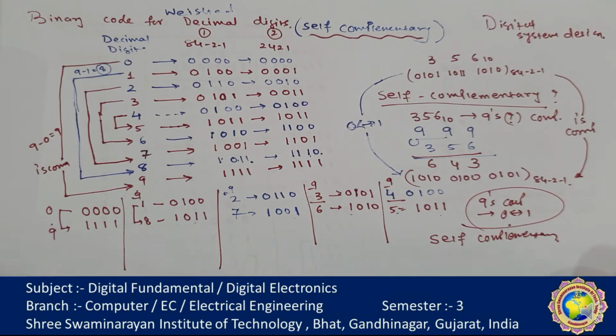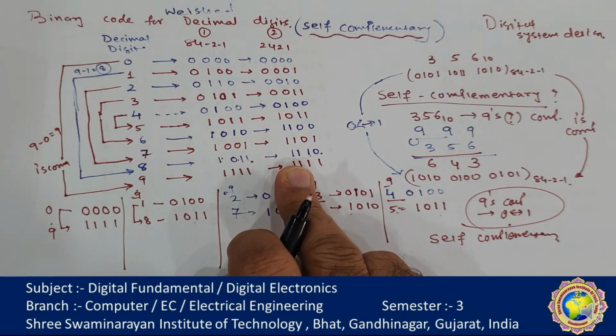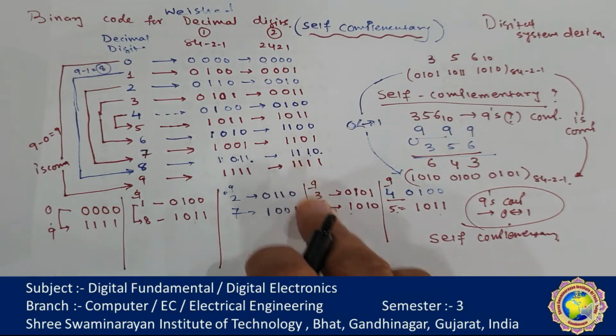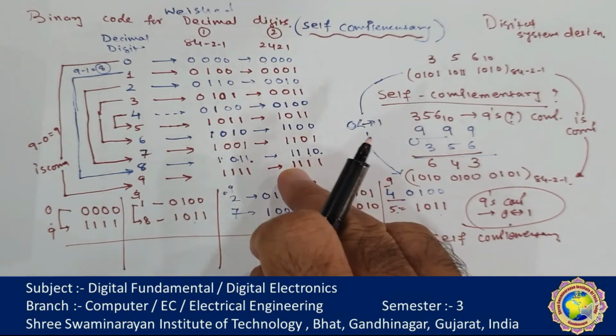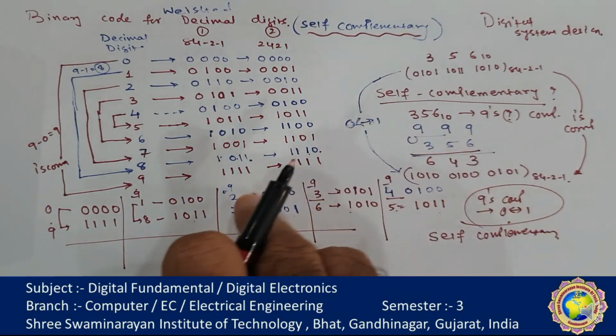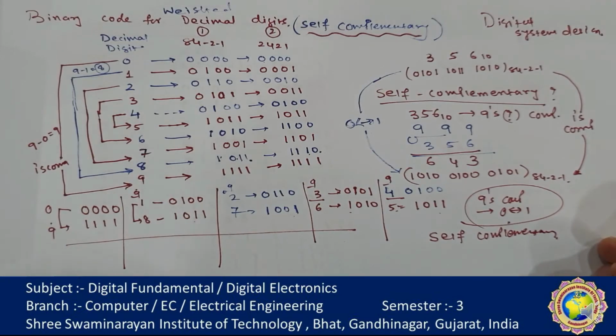So that means this is the property of the number system 8 4 minus 2 minus 1 as well as for 2421, which is useful when the arithmetic operations are internally done with decimal numbers in the form of binary, and specifically in the subtraction operation, which is calculated by means of the 9's complement. The same thing is applicable for 2421. Here we obtain the same: 0 is replaced by 1, so we obtain the 9's complement, equivalent to the decimal number system.